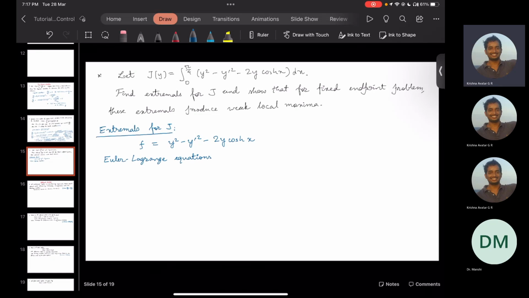Okay, and the Euler-Lagrange equations are given by d by dx of del f by del y prime minus del f by del x is equal to 0. Okay, and then this implies that d by dx of del f by del y prime is